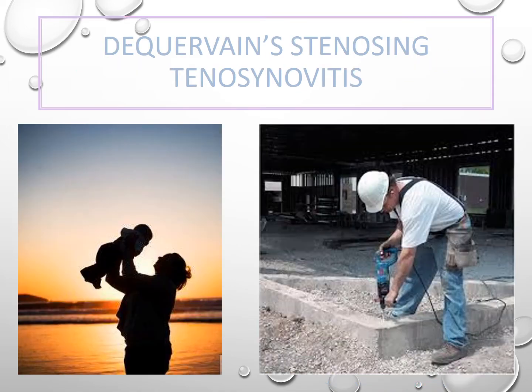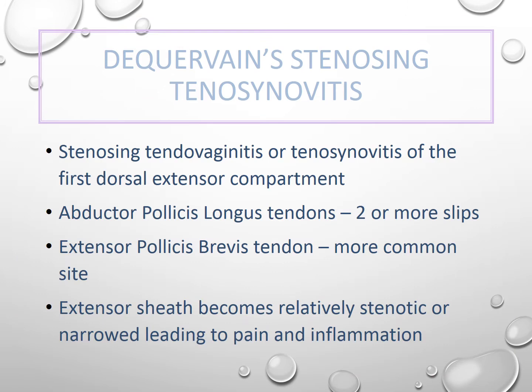De Quervain's tenosynovitis is a common tenosynovitis. It is common among new moms, workers, fishers, and so forth. It's a stenosing tenovaginitis or tenosynovitis of the first dorsal extensor compartment, including the abductor pollicis longus and extensor pollicis